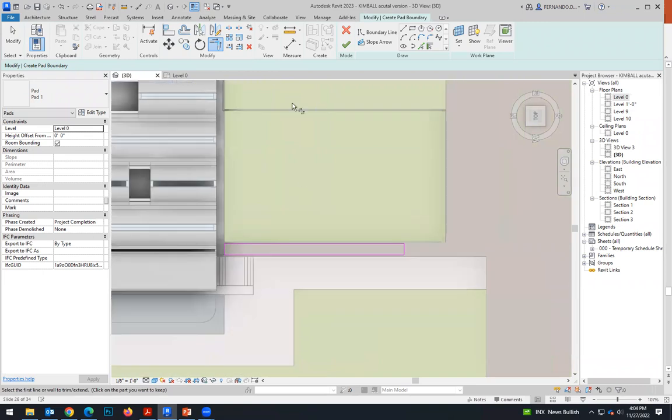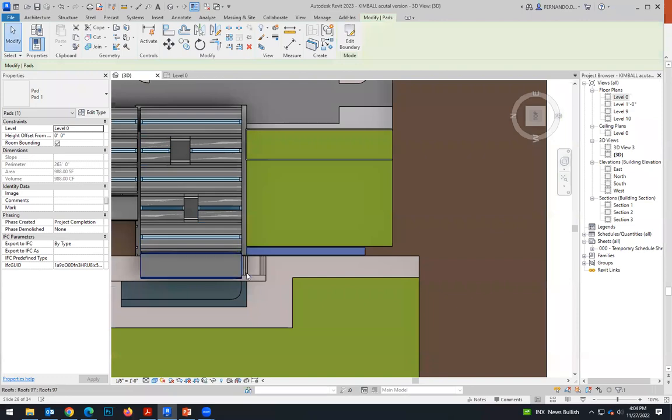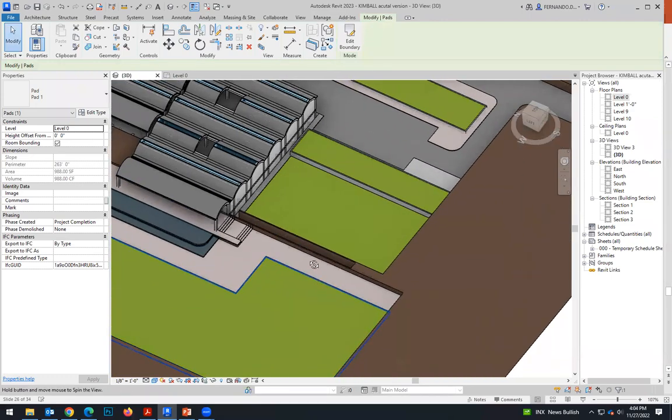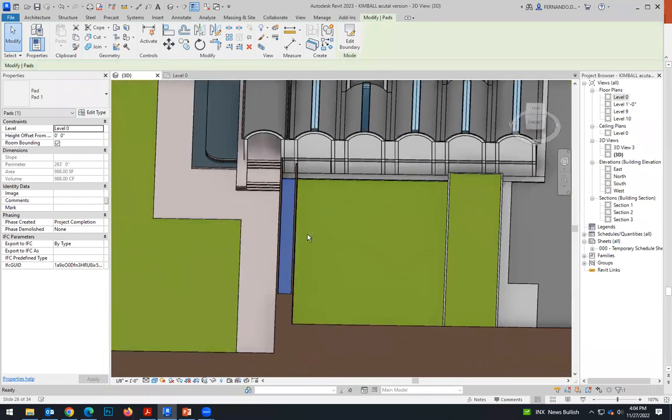So this is level 0, high offset 0. Okay. So now I have created that opening, these two walls,